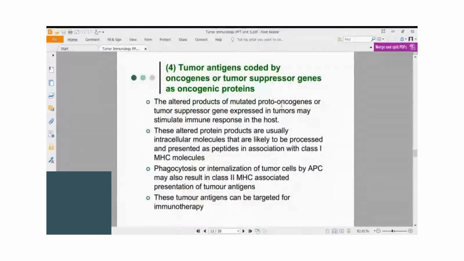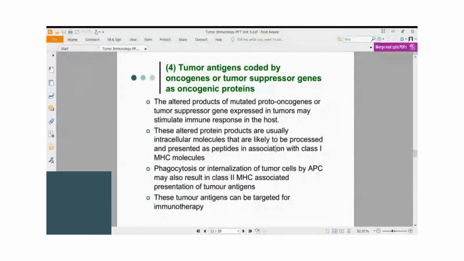And that proto-oncogene product, which was mutated and expressed by the tumor, which has grown because of the mutation in the proto-oncogene, is now going to be processed by the antigen presenting cell because it has phagocytized that dead tumor cell. Then once it processes that antigen, it will present it on class 2 MHC. So there is a possibility that the mutant version of the proto-oncogene products may be presented on class 1 MHC,